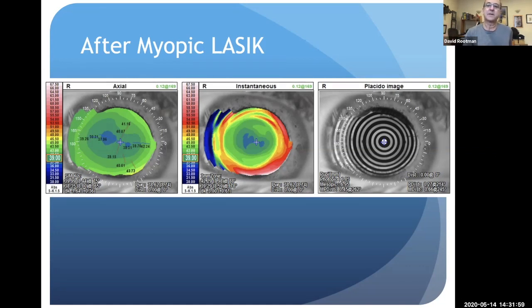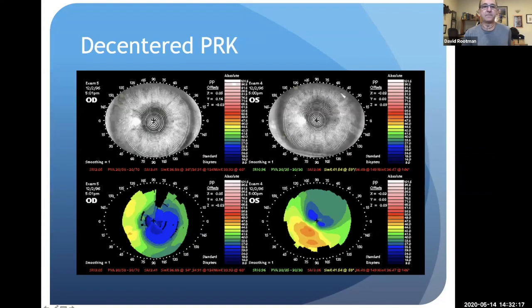So here's that patient that we saw before after myopic LASIK, and I'm not going to belabor the point, showing you the beautiful, well, it's pretty good centration based on the visual axis, maybe slightly temporal in this right eye. Now,